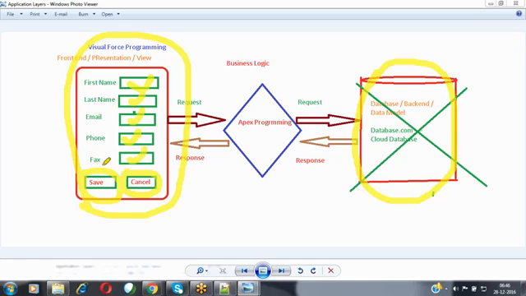So as soon as they click the Save button, internally it calls a method which is available inside your business logic, nothing but Apex programming. That business logic is the mediator component between the front end and the back end. Whatever functionality we are going to implement, we write the whole functionality with the help of the business logic, which is done with the Apex programming language.